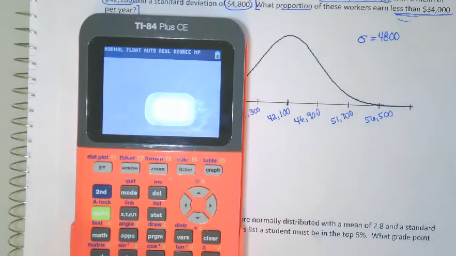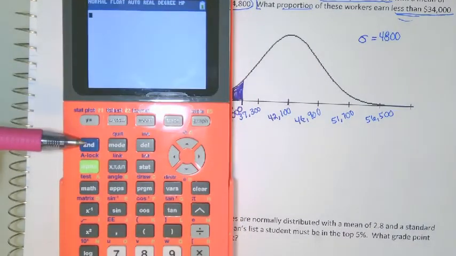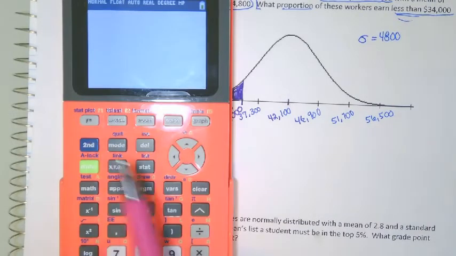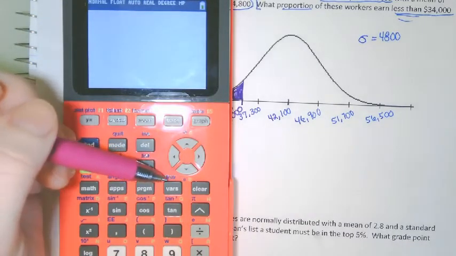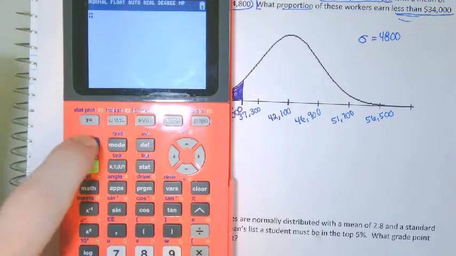If this is my calculator, the second button is on the upper left, and the VARS button I'm looking for is right here. And by hitting the second button first, that's going to take us to the distributions menu. So we're working with probability distributions. So I'm going to hit second VARS,